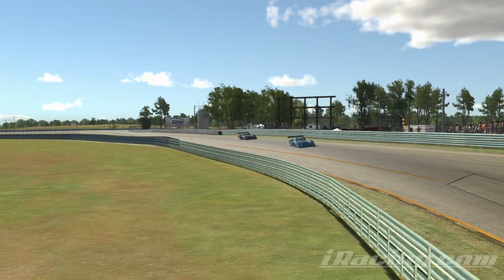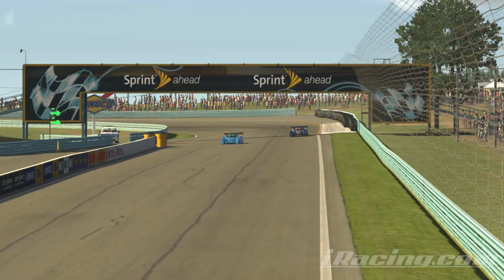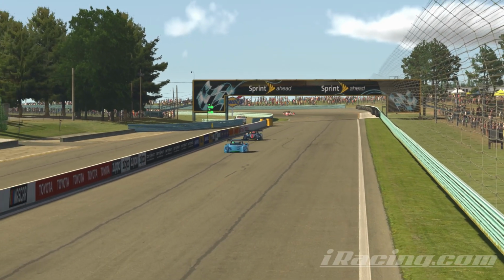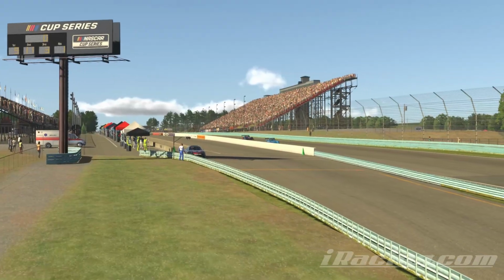And then finally, here's the final corner of the race. After 14 laps of racing, we come home 7th, having qualified in 11th, and it's just a hugely enjoyable experience. I can't recommend getting on to this server